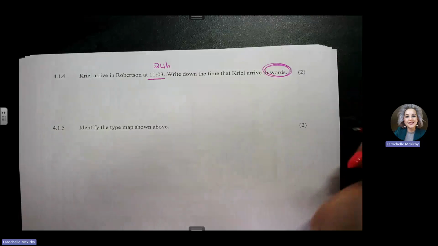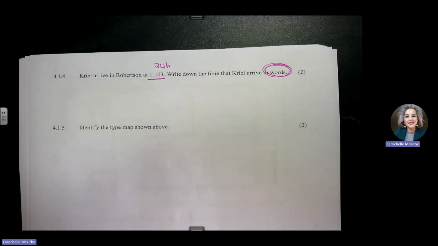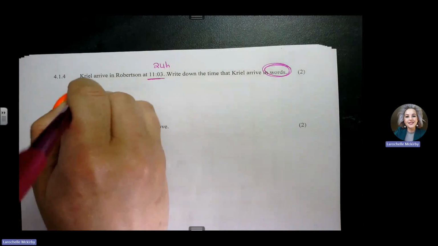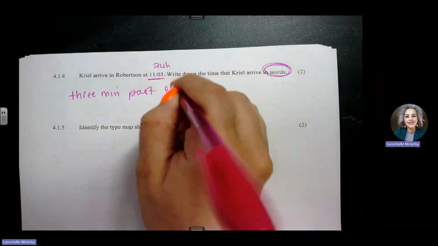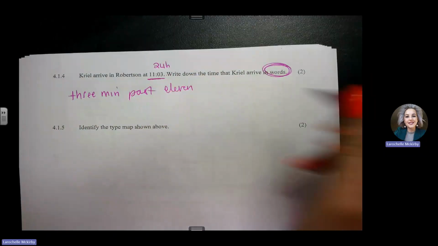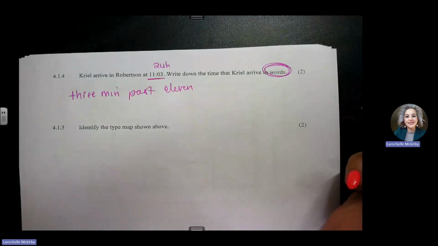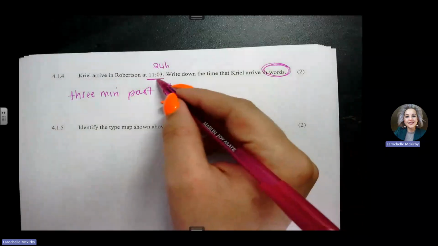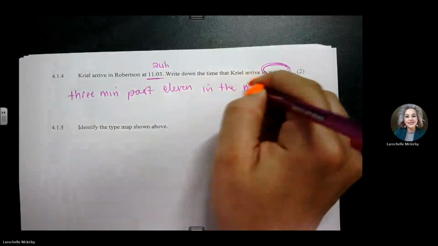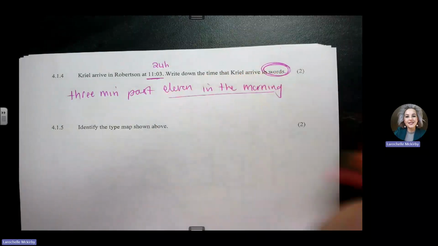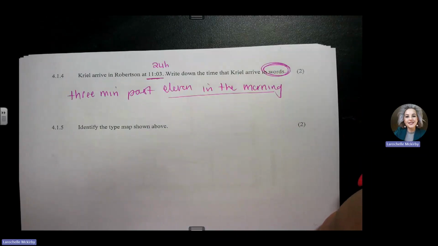Now, they want me to write it down in words. So here comes the trick. Everyone knows it is 3 minutes past 11. But the trick is now when? Is it in the evening? Is it in the morning? When is it? So we know this is 3 minutes past 11 in the morning. And this is the very important part. It's the part that we mostly forget and we lose our marks. So please remind yourself and be aware of this. Okay,